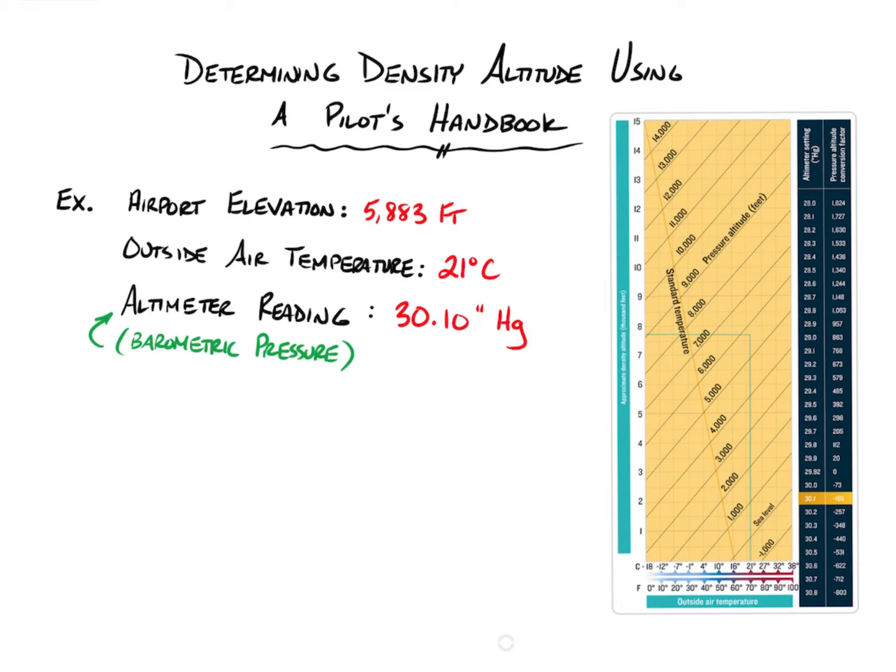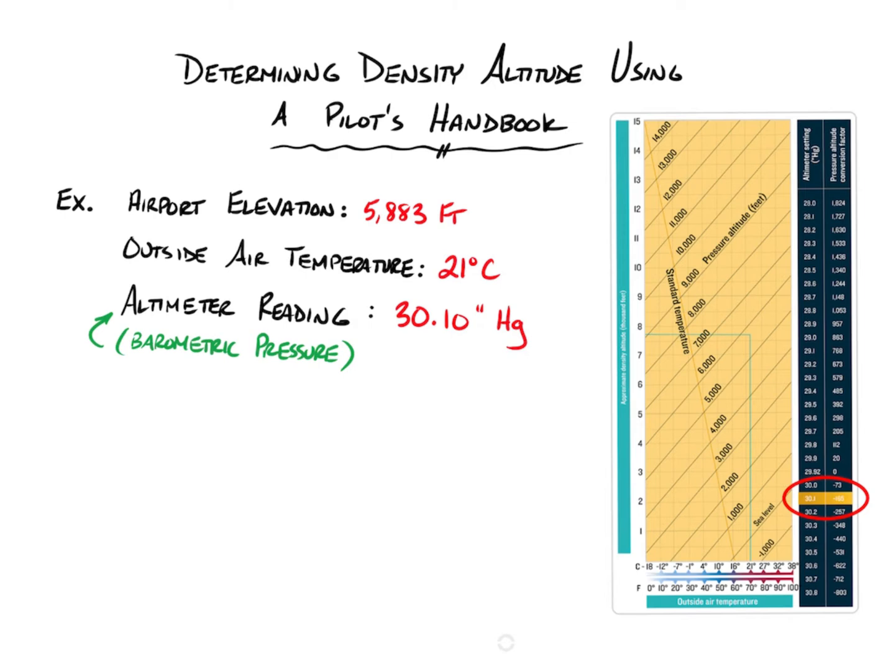So the first thing I'm going to do is find that black column on the left part of it that says altimeter setting, and it says inches of mercury. It may be hard to see here, but that value on the left that's highlighted in gold says 30.1, which is my barometric pressure. So all I do is look to the right of that in the other column, and that gives me my pressure altitude conversion factor. Again, it might be hard to see, but it says minus